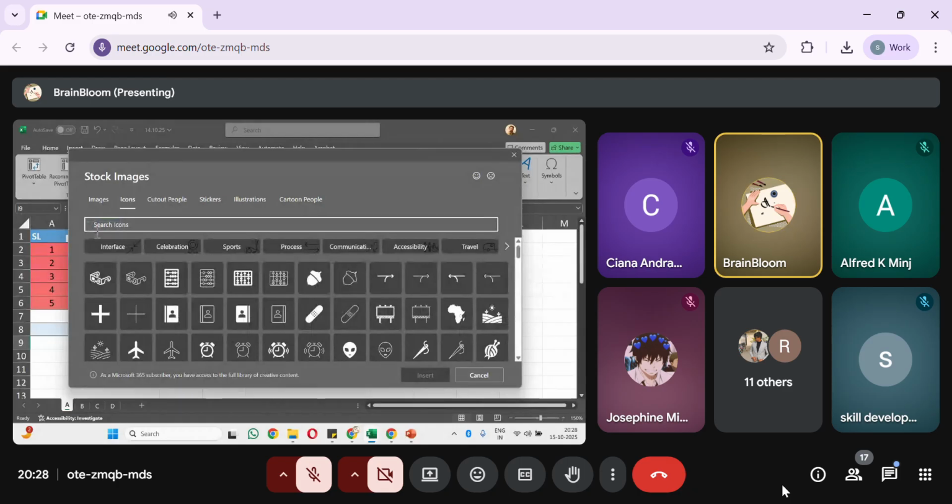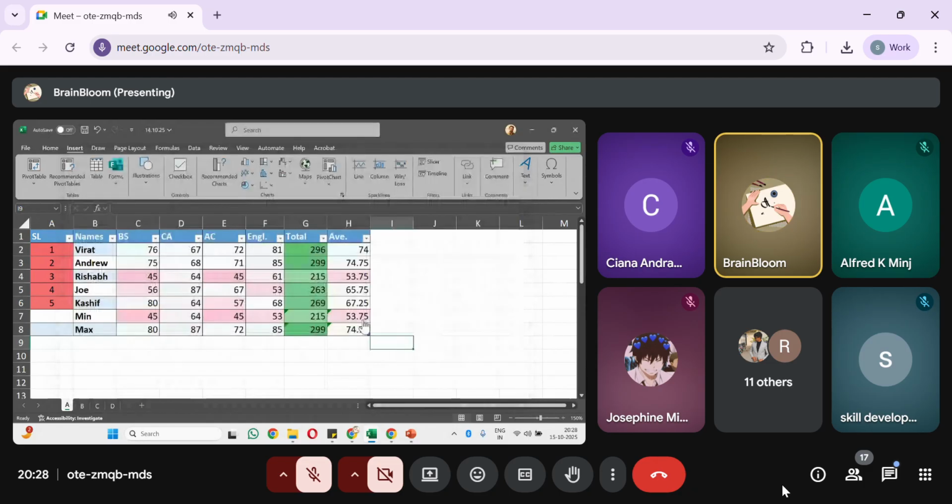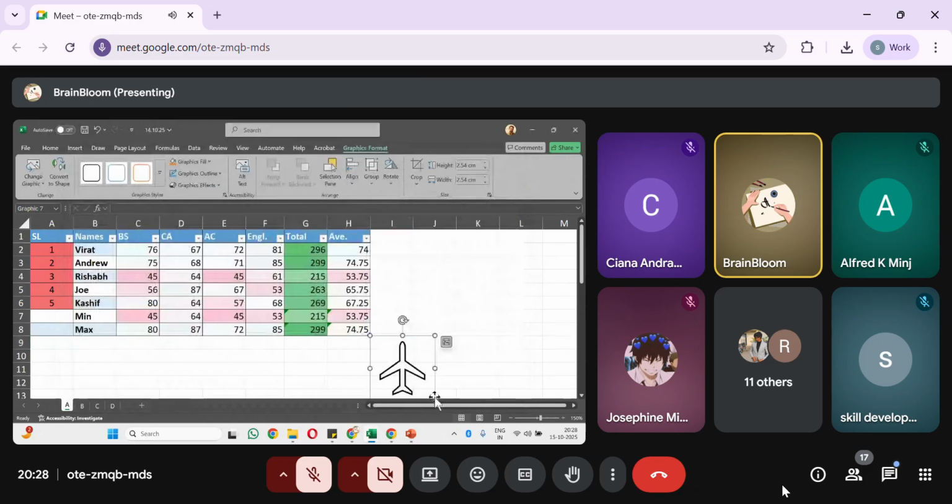Okay, so for an example, you can take this one, insert. So this thing would be inserted, right? See,